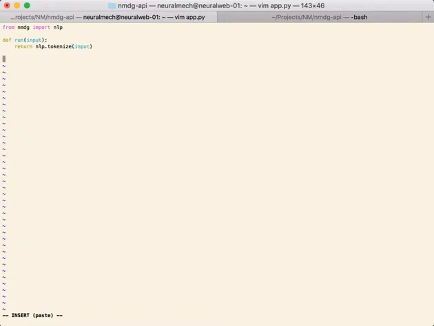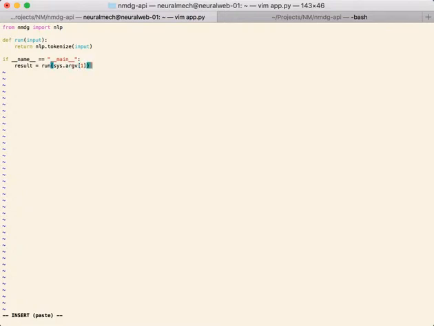To make this application run on its own, we test for main and call run with the first command line parameter, sys